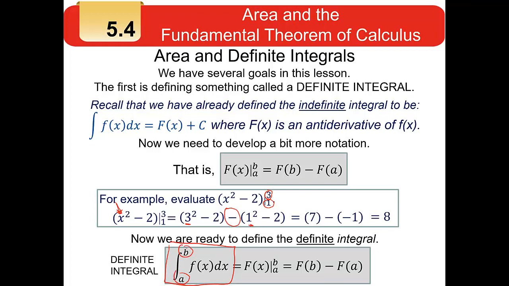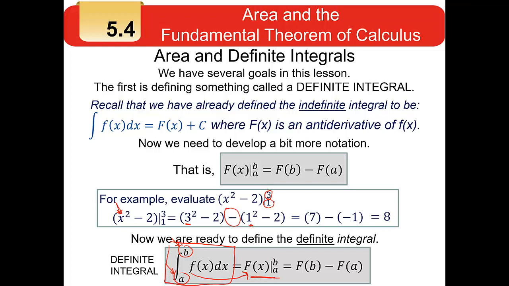Those are called the limits of integration. A is the lower limit of integration, b is the upper limit of integration. And what it means is, you take the antiderivative of the function, just like we did with an indefinite integral, but instead of adding plus c, you evaluate it from the lower limit a to the upper limit b,